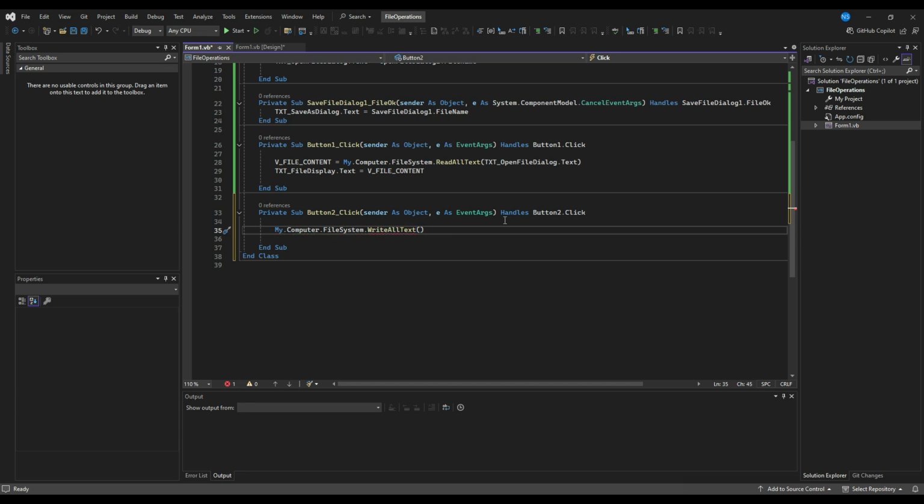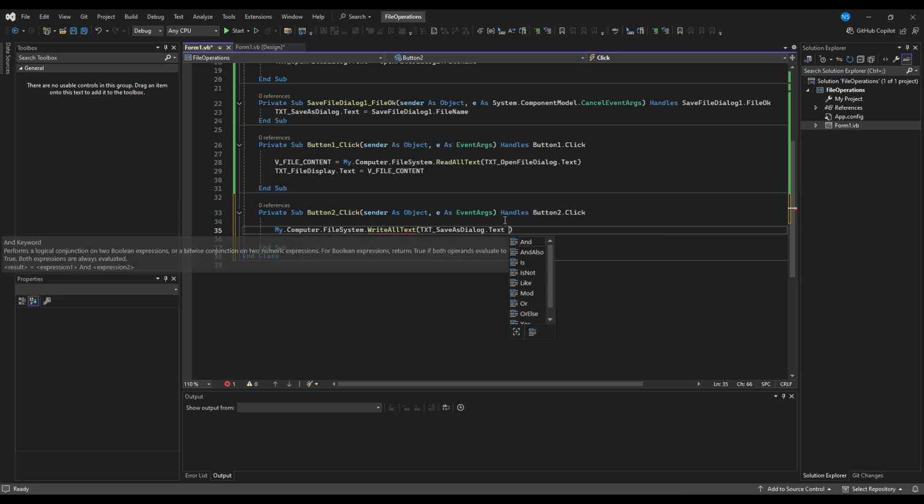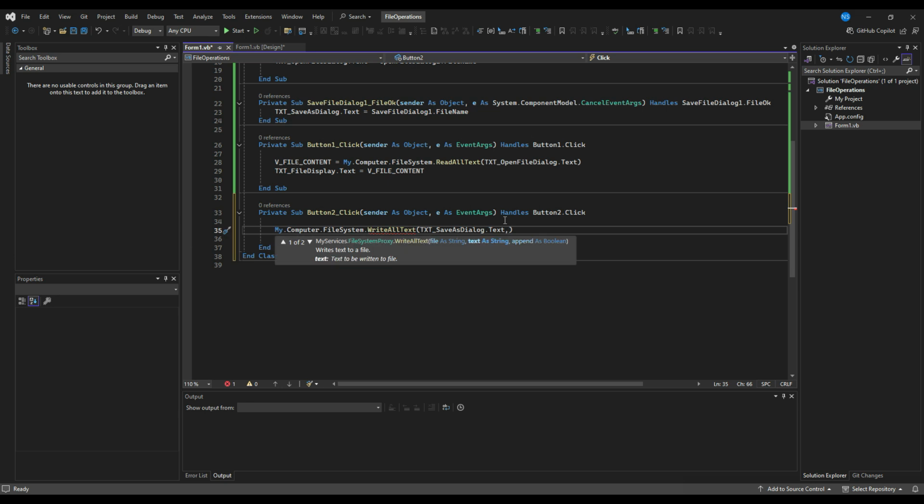Inside this, the first parameter we need to give is the file name which we want to write, the new file name. So txt_save_as_dialog.Text, comma, the content of the file, txt_file_display.Text, comma, false. Why I'm giving false is that if you give true it will